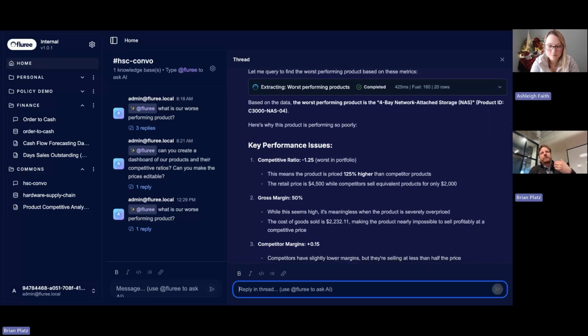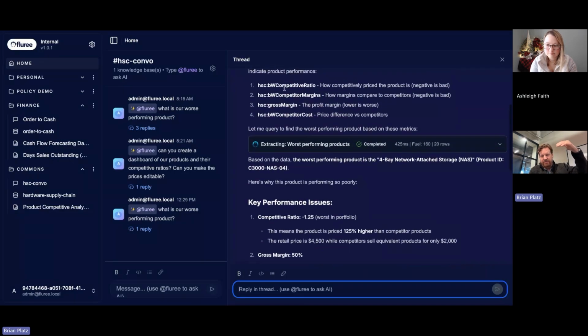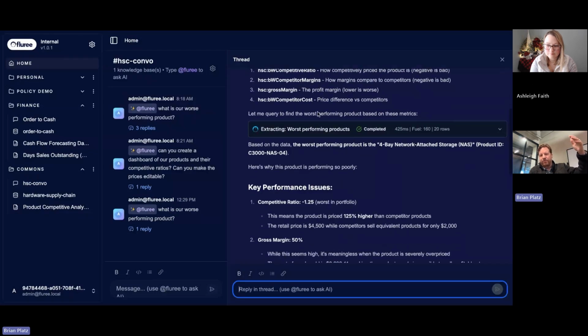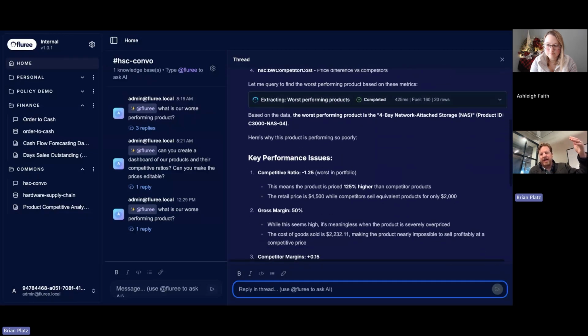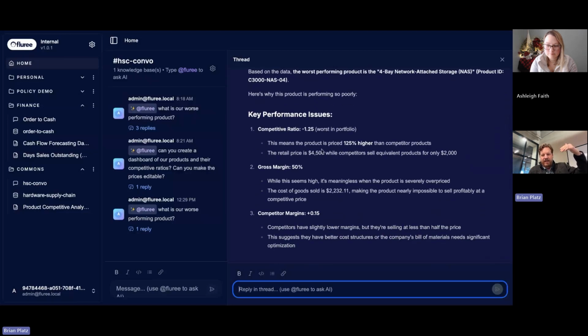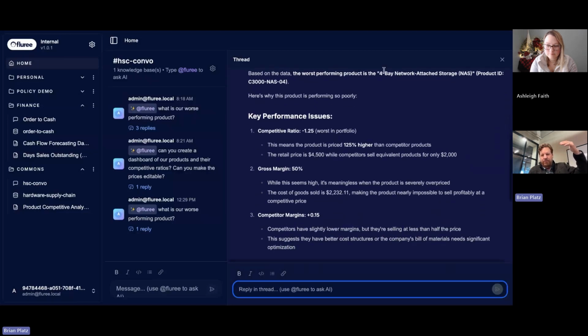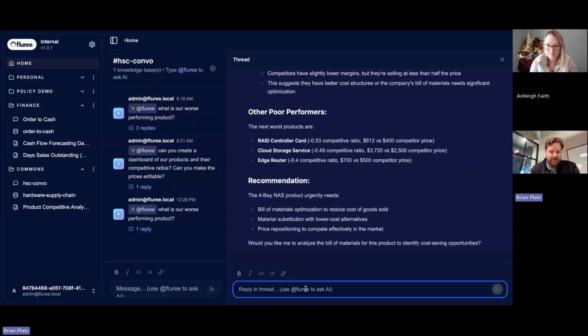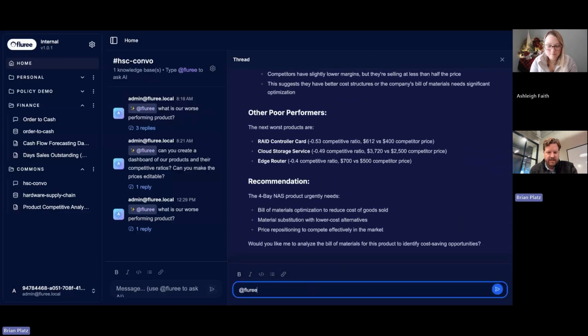This is a good example of combining your internal knowledge. Here I'm asking, it understood the knowledge graph, it understood the properties, it had to look for what it means to have a bad performing product, and it has identified my worst performing product, which is this network attached storage device. What's nice here is that I can just say,